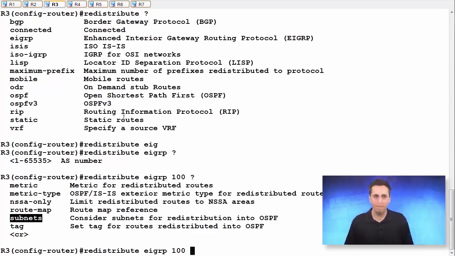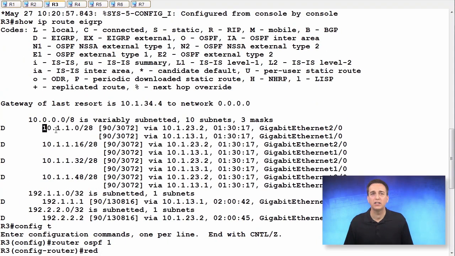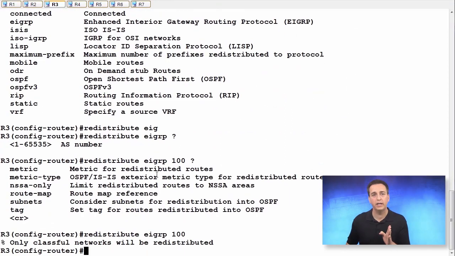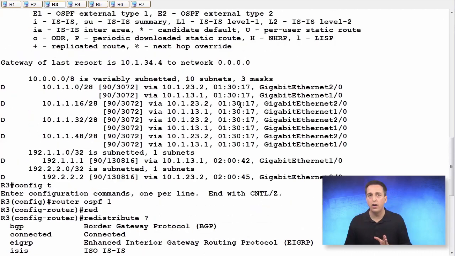Let's scroll back up. Are these classful or classless networks, folks? Yeah, they're classless. That's the 10 network. It's Class A. For it to be classful, it would need a /8 subnet mask. But no, these are classless, not classful. So let me show you what happens if I don't specify the subnets keyword in this case. It says only classful networks will be redistributed. Well, none of those are classful, which means if we go over to R7 now,